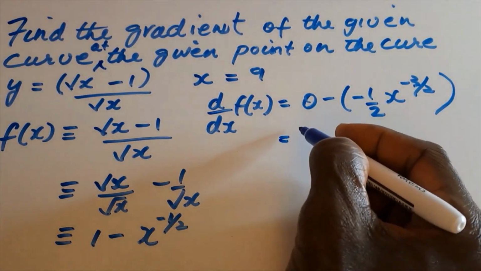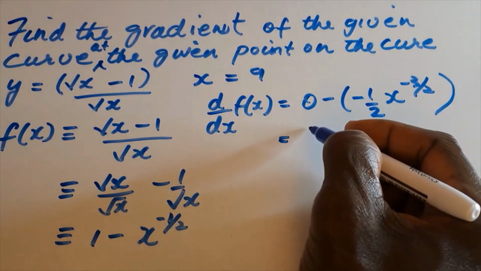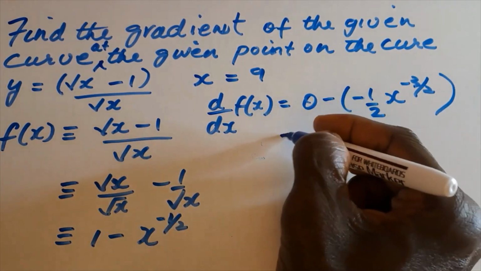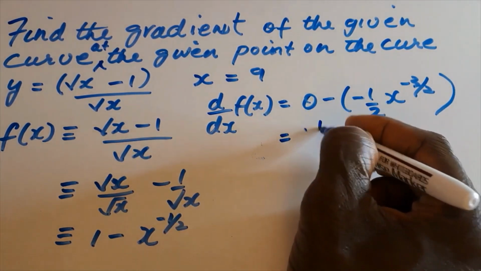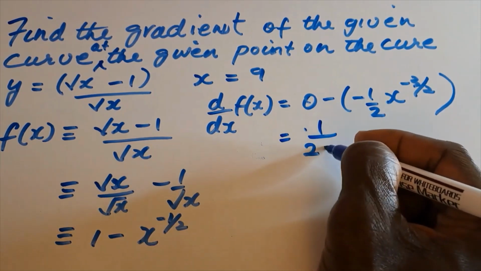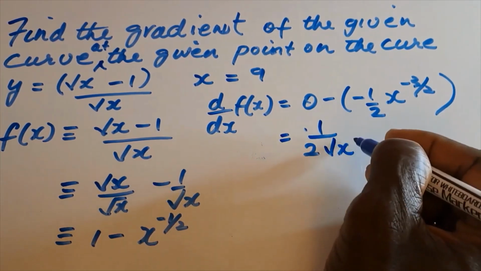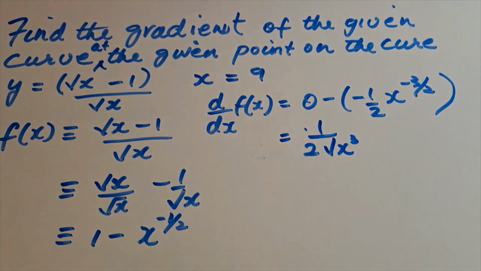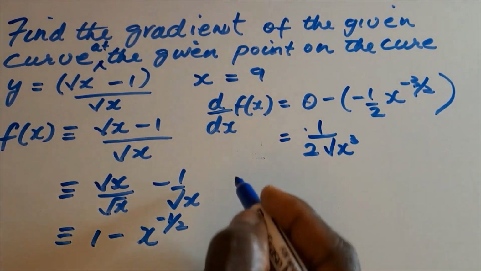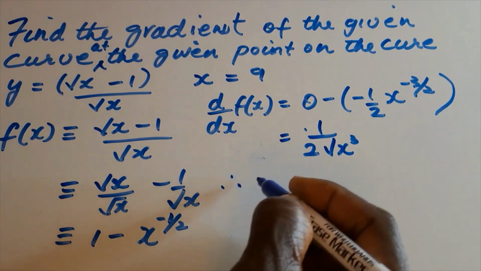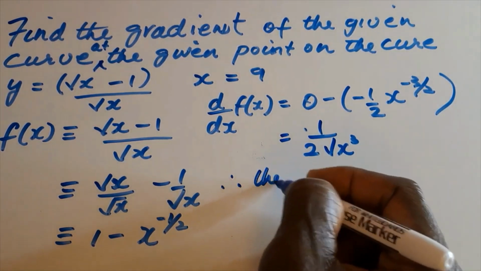And this gives us one over 2 root x cubed. So that's our derivative. Now we need to find the gradient at the given point, and that's where x is equal to 9. So therefore